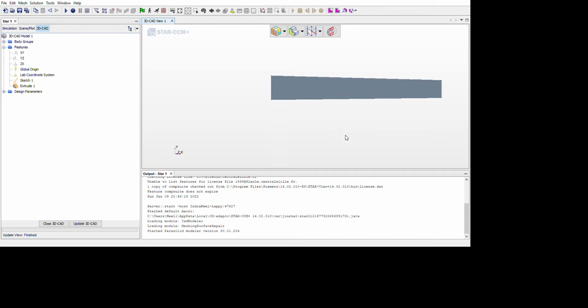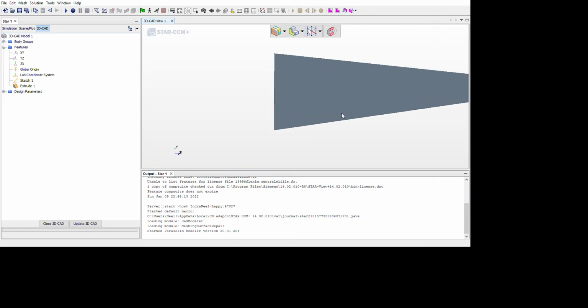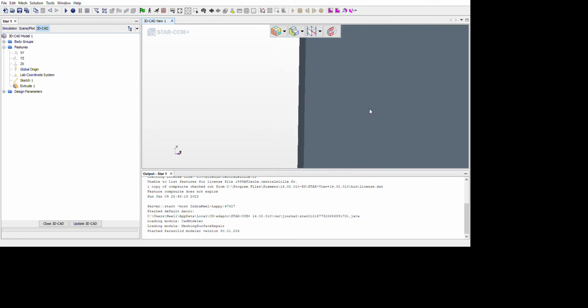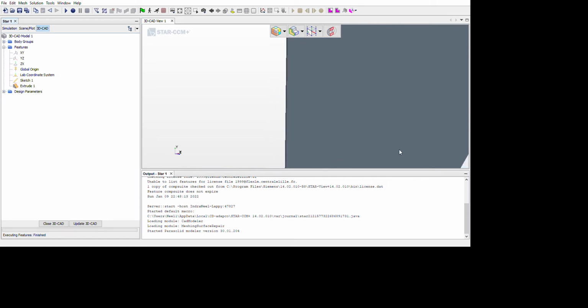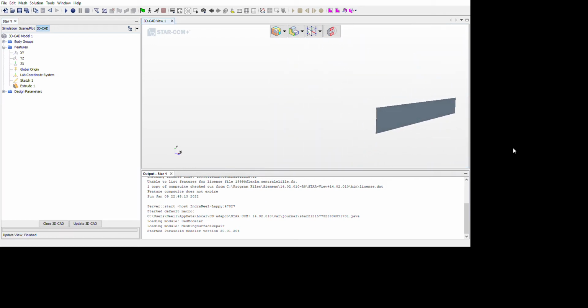After creating my geometry, I'll be creating my named selections, or giving my tags to the surfaces, to be more precise the faces. So you can go to the option over here, deselect edges and vertices. Now I can select my faces. There are 6 faces in total because it's a cuboid. So we have 1, 2, 3, 4, the side 1 and side 2, so 6 faces in total.